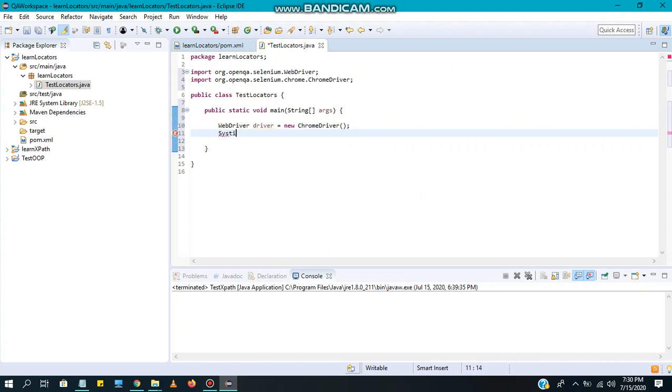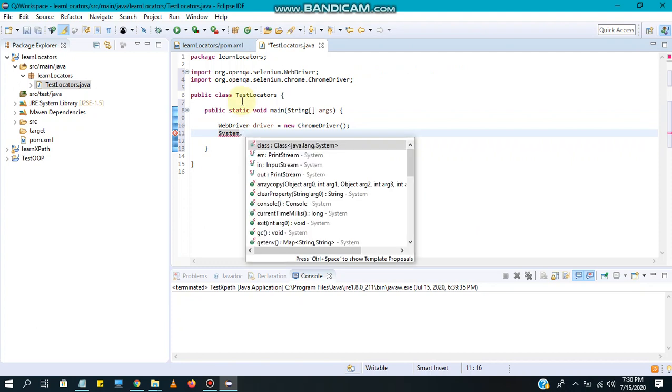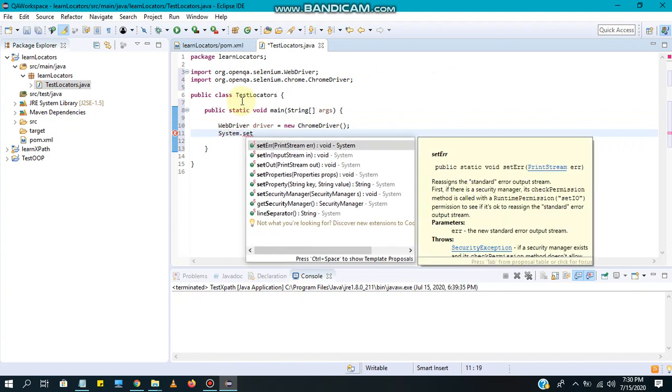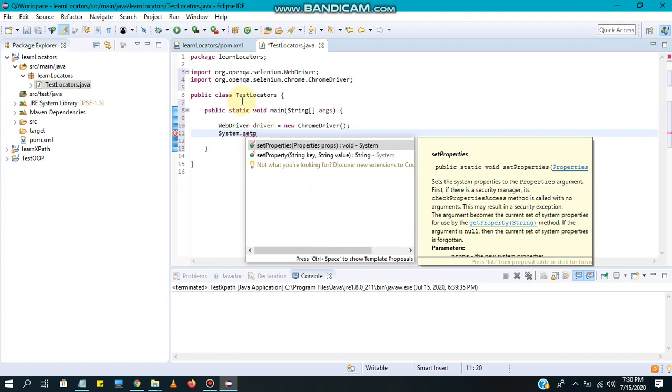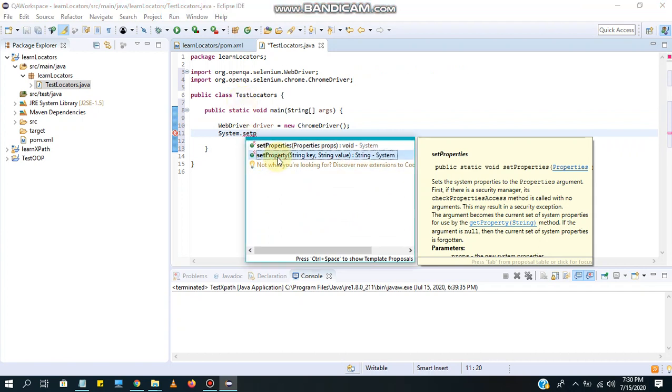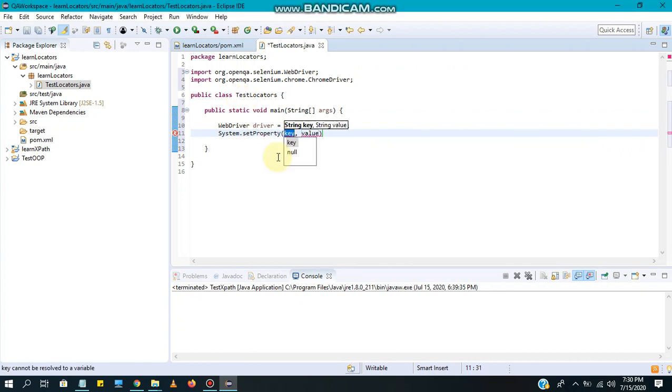We need to use a couple of lines of code: System.setProperty, webdriver.chrome.driver, and we need to give the path of the WebDriver, and at the end give a semicolon here.